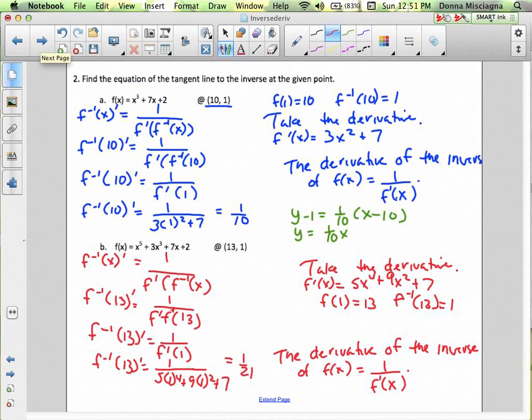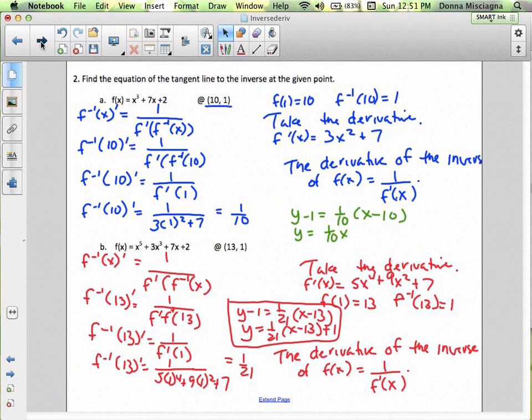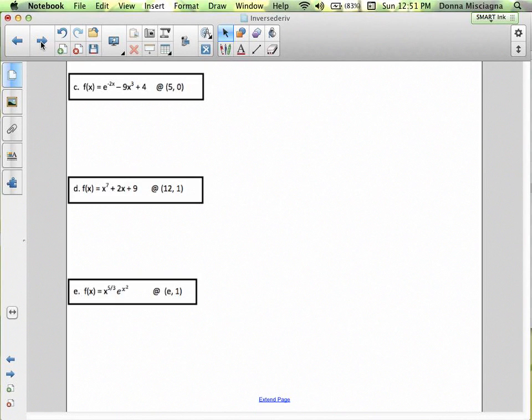And that means the equation is going to be y minus 1 equals 1 over 21 (x minus 13). We won't put this one in slope-intercept form. So y equals 1 over 21 (x minus 13) plus 1. We'll leave it like that. And there we go. Let's do another one. Right? We have these three here. And again, we'll just go